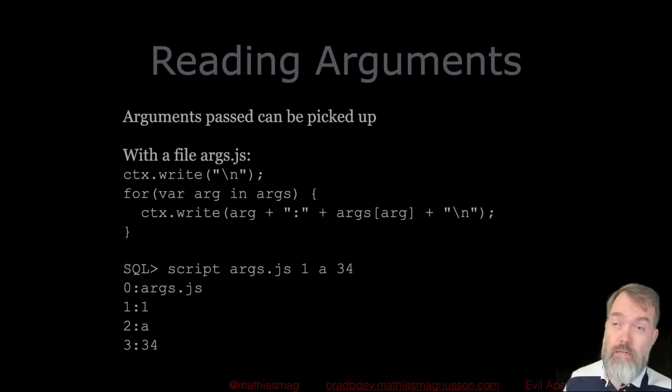But the very first line is one we can look at. It's context ctx.write. The context object has a whole bunch of functions. This is pretty much the only one anyone ever uses. Of course, there's people that do all kinds of crazy things, but this is by far the most used.